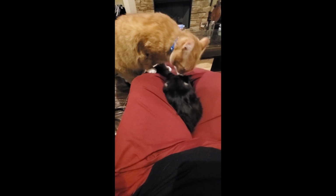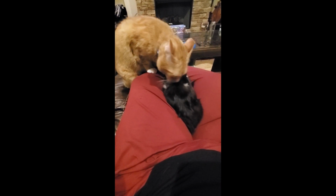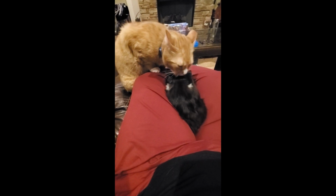Look at this part I'm putting on right here, there's a little knob on the top. Right there, that's actually what grabs the edge of the